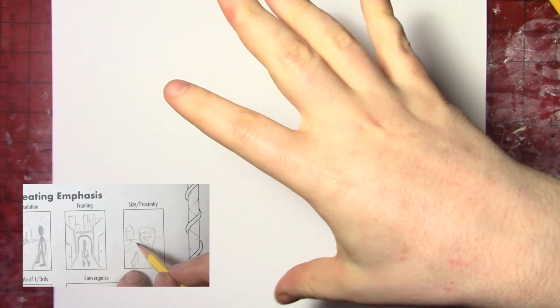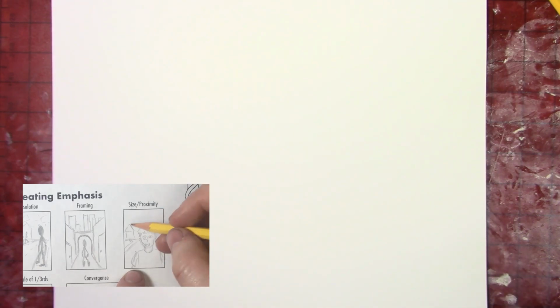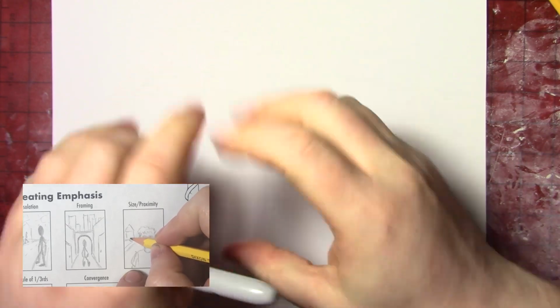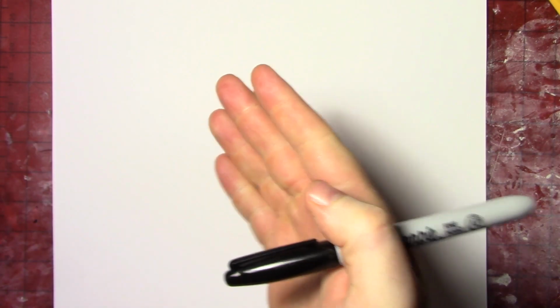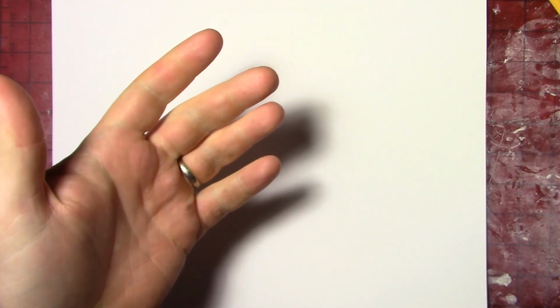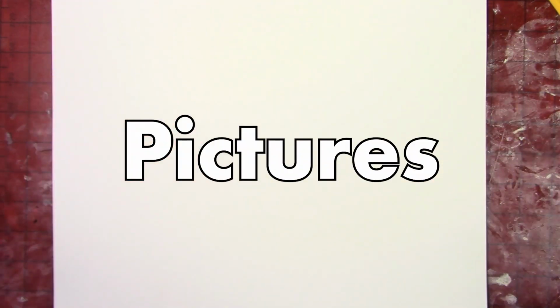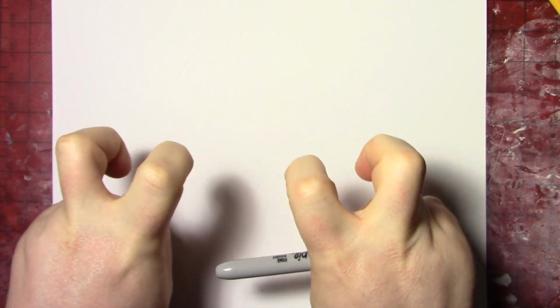Today, we're going to use all the information from this video right here about different ways of creating emphasis and setting a mood for a picture. And we're going to kind of smush all of that together and illustrate a setting. Now, when we say the word illustrate, you all know that a picture book has an author and an illustrator. The author writes the words and the illustrator draws the pictures. So if we're going to illustrate a setting, we're going to be making a picture that shows where a story